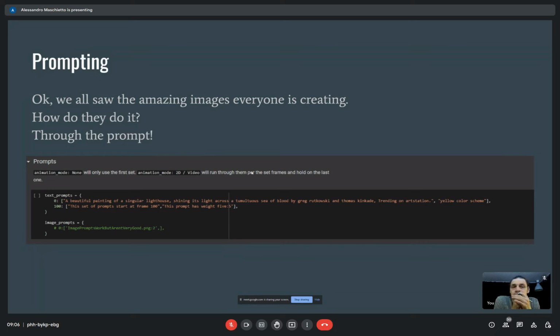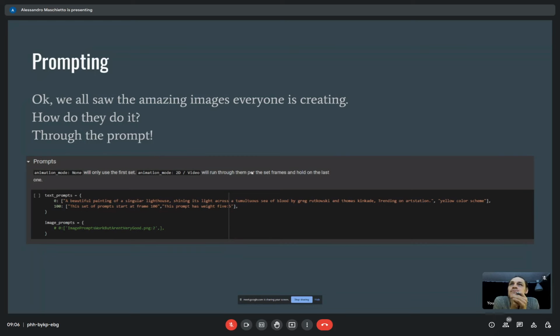Or you can go on a single line and describe as accurately as possible what you want, and then you can add other arguments. For example, here it says yellow color scheme, or you can put movie, cinematic lighting, or ukiyo-e painting, or whatever.